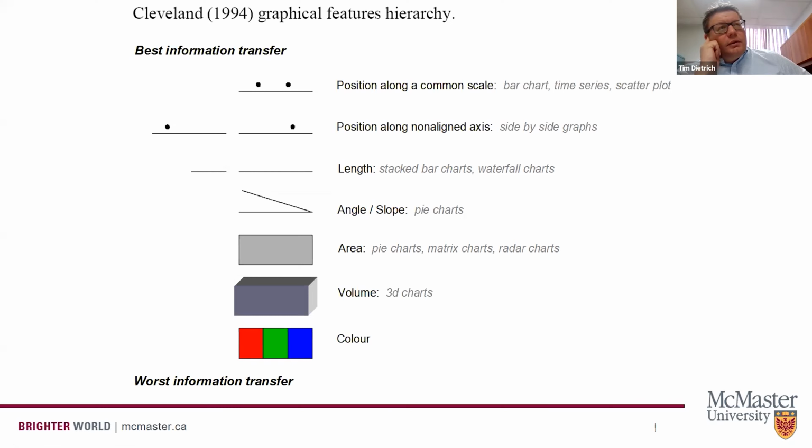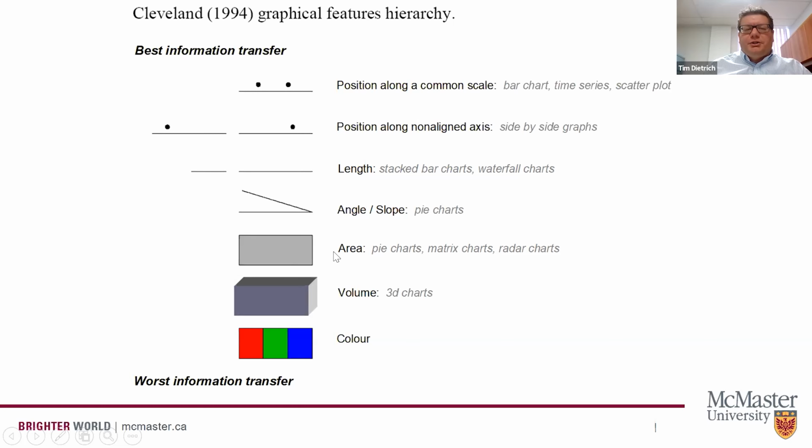And the research there discovered that things like position along a common scale or position along a non-aligned axis, such as what you would see in a bar chart, a time series plot, a scatter plot, side-by-side graphs, reflect the best information transfer. And when we try to encode data through angles or slopes or areas or volumes, we have